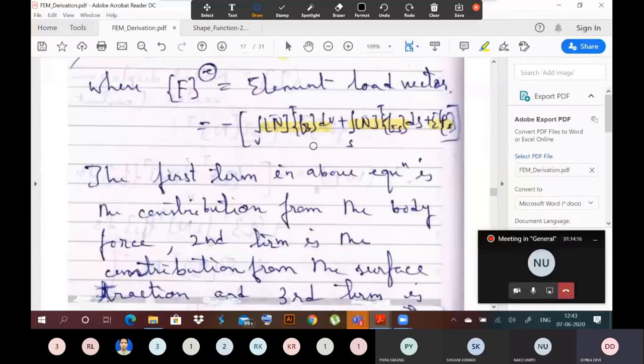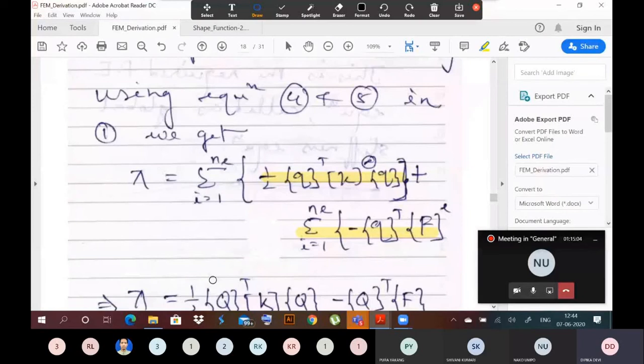So now using equations 4 and 5 in equation 1. Equation 1 was for your total potential energy. Total potential energy is the sum of the potential energy of the whole system. So that will be the summation of i equal to 1 to number of elements of U, the strain energy, and this was your work potential. Then in this expression, this is my nodal displacement vector. Here also I have the nodal displacement vector. So if I sum up the nodal displacement vectors of the elements,